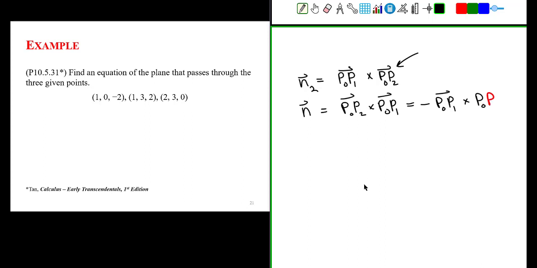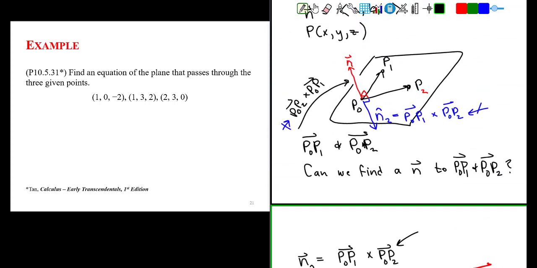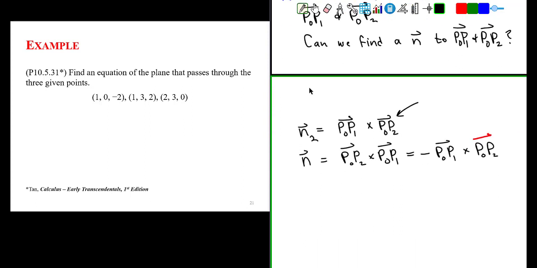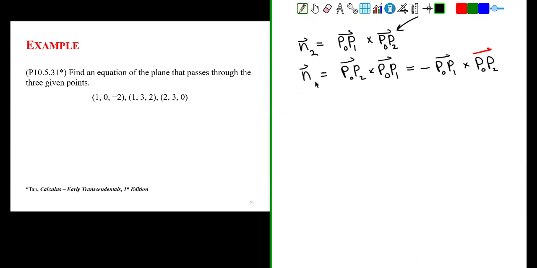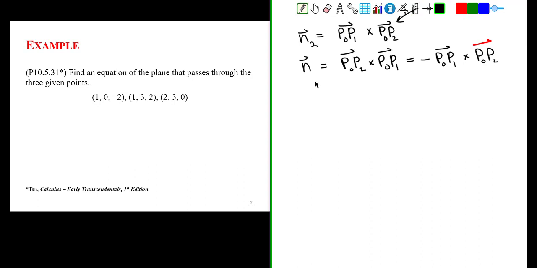Now, fortunately for us, the problem says find an equation, implying that there is more than one equation of a plane that passes through the given points. And from this picture up here, you could see that since there are two different normal vectors we could sketch describing that plane, we have at least two different answers. In fact, there's an infinite number of answers because there's an infinite number of normal vectors and points in the plane. With that said, let's calculate